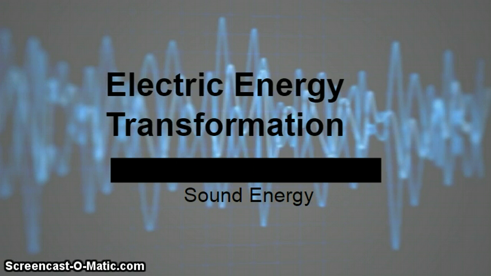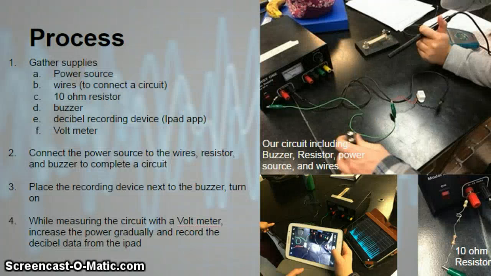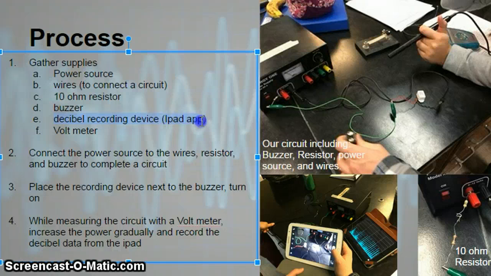The other two, skilled information processing and complex thinking, can be seen in the text of the slides themselves. For example, if we think about what it means to be a complex thinker, I would argue that a complex thinker is someone who responds to challenges and figures out ways to keep moving forward. In this particular case, these students were faced with the challenge of measuring the sound energy that was generated by a buzzer,